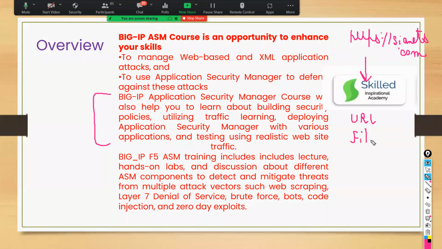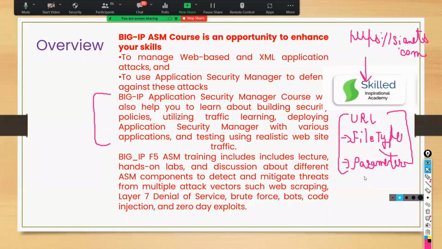What are the file types which the user is accessing? What are the parameters? So ASM deals with all of these things: URL, file type, and parameter. When I talk about URL, guys, a URL is a combination of file type and parameter. We will discuss all these things in detail.